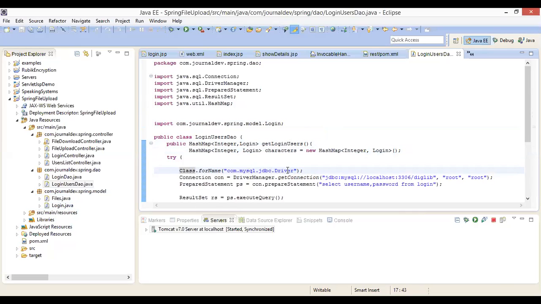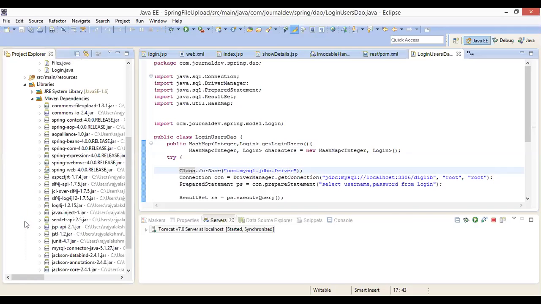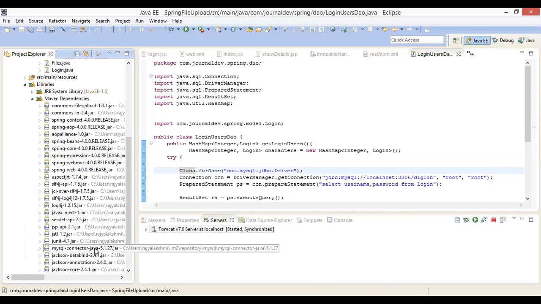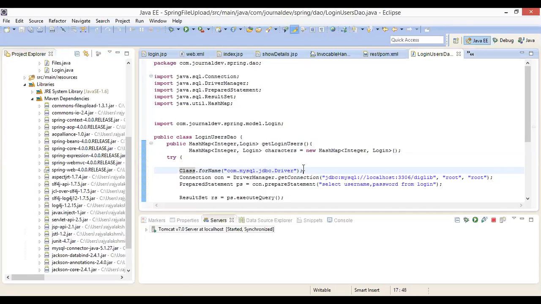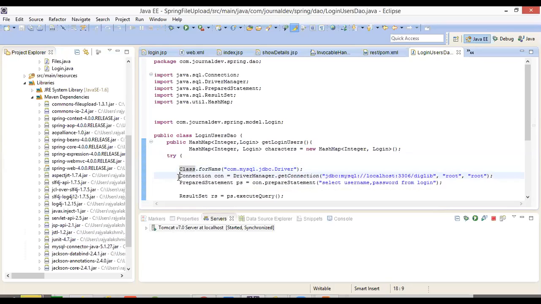So now you're connecting to the database. How to connect? You have to use the class driver. I am using it here because I have imported this driver in the Maven dependencies. You can see in the libraries, MySQL connector Java. So when you import this jar, you can use this package because the jar internally contains a package, and that package is nothing but com.mysql.jdbc.Driver. Because my database here is MySQL. You can also use Oracle, no problem. But if you are using Oracle, you have to download that jar, Oracle connector Java, not the MySQL connector.